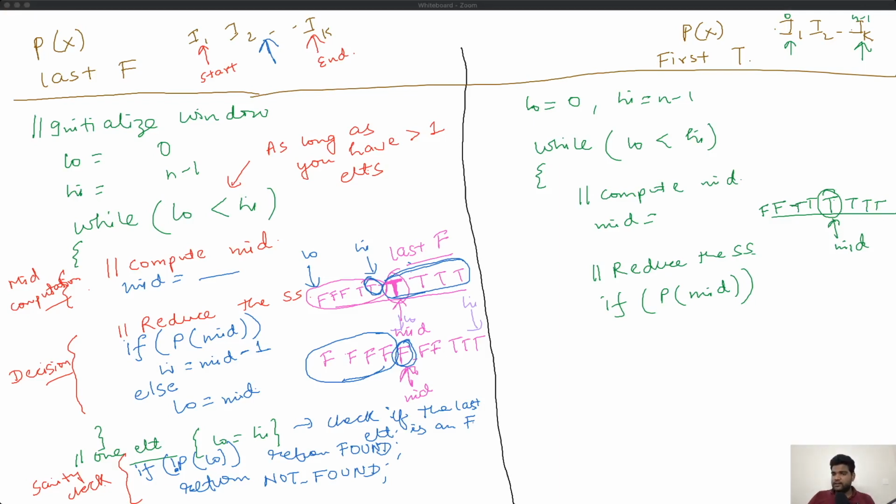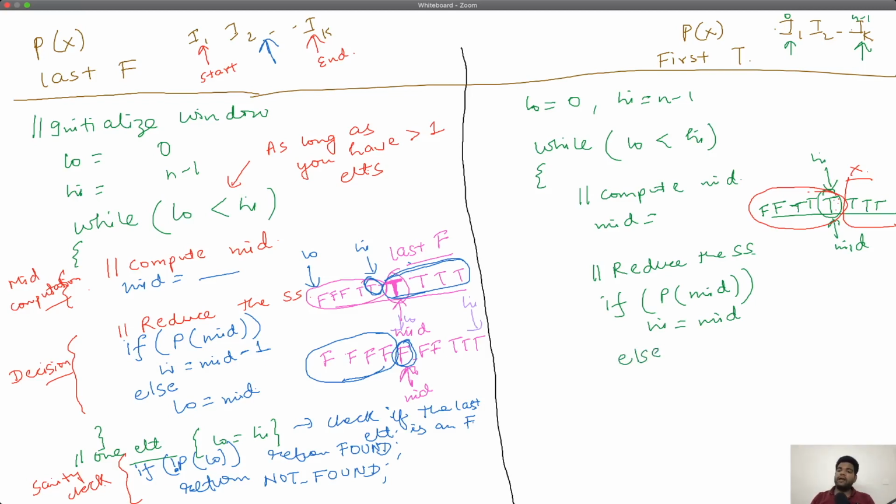That basically tells you that your search space now should be this part of the array, including this mid, because this mid could be the first T. Another way to think about it is that everything to the right of this T is useless for you now, because you're looking for the first T, and you know everything to the right of this is not the first T, it is either the second or the third or fifth, whatever. So you can adjust your search space to reflect this. So now you are interested in this part, so you will update your high to mid. You cannot discard the mid again here because it's a T, it could be the first T.